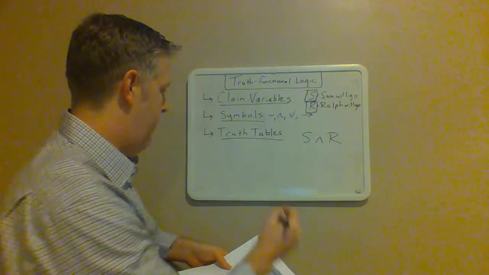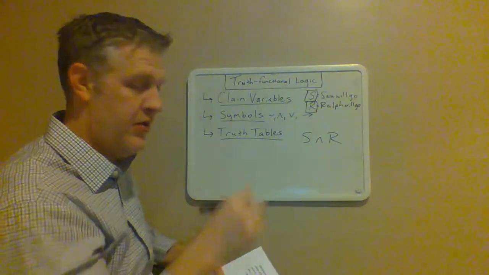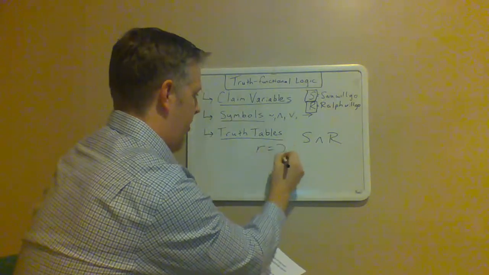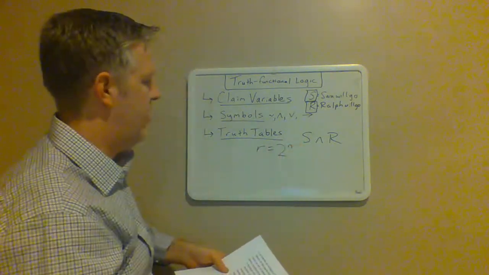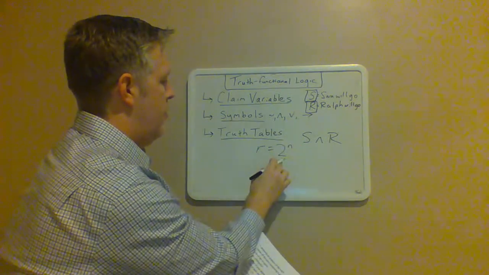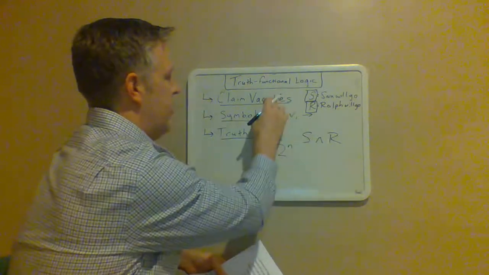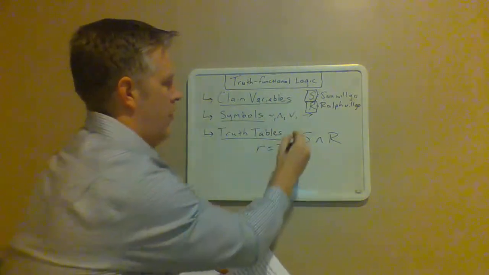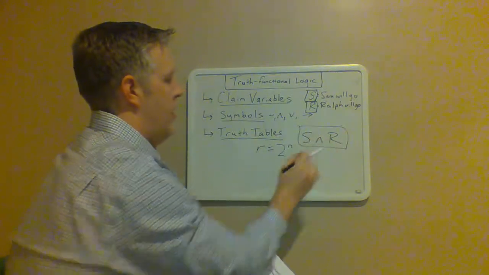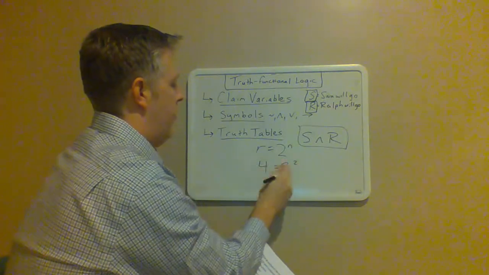So first of all, the number of rows involved in the truth table is going to depend on, and they talk about this, there's a little equation, I'll go ahead and write it up here, a little equation that they mentioned in the textbook. The number of rows is going to equal 2 to the n, where n is the number of distinct claim variables you have. So let's just focus on something nice and easy here. If we have 2 basic claim variables involved, so n would be 2, we will have 2 times